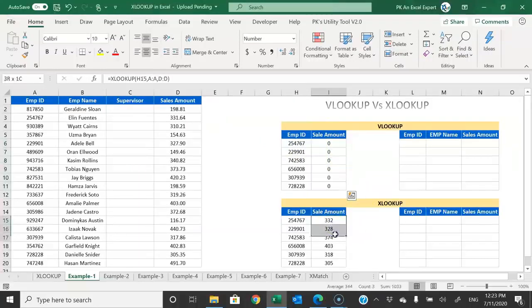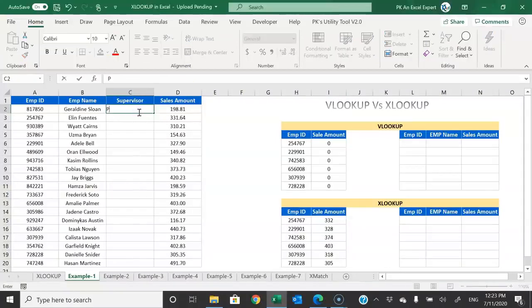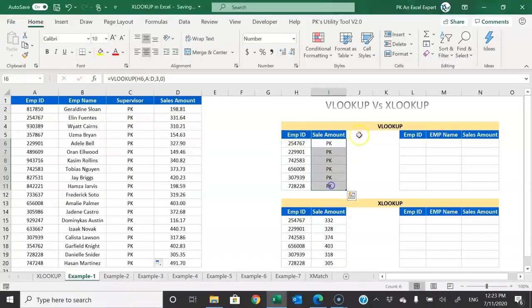However, in the XLOOKUP function the value is still there. So why is it happening? This VLOOKUP is still getting the value from column number 3, which is column C. If we put a supervisor name here, let's say PK, and we fill this down, then it will return PK, not the sales amount. So it will be incorrect.